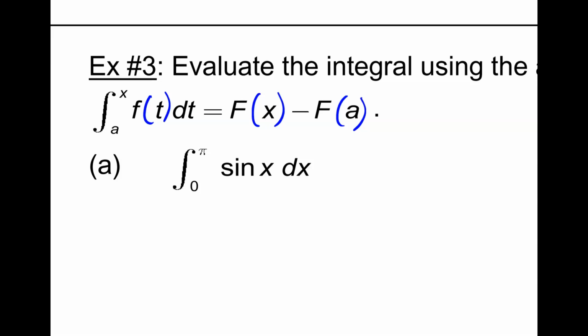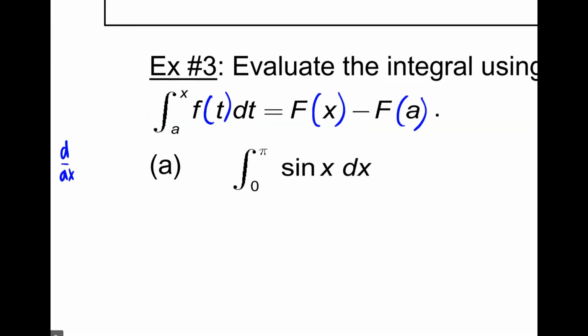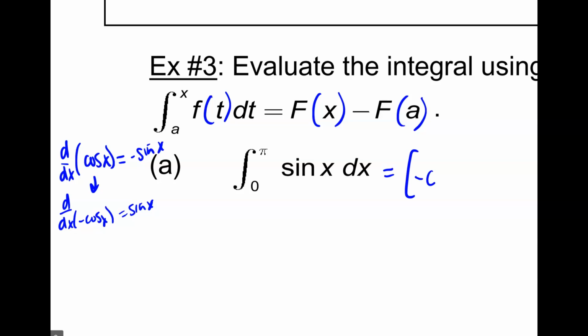Now, I'm given sine. Sine is the derivative of what function? When you take the derivative of what function do you get sine? Negative cosine. Because, okay, ready? Remember, if you take the derivative of cosine, what do you get? Negative sine x. So if you take the derivative of negative cosine x, what do you get? Sine x. So remember, we're trying to find the antiderivative, AKA, what thing did we take the derivative of to get what we have inside? So we take the derivative of what function to get sine? Negative cosine. So this is literally going to be negative cosine of x,